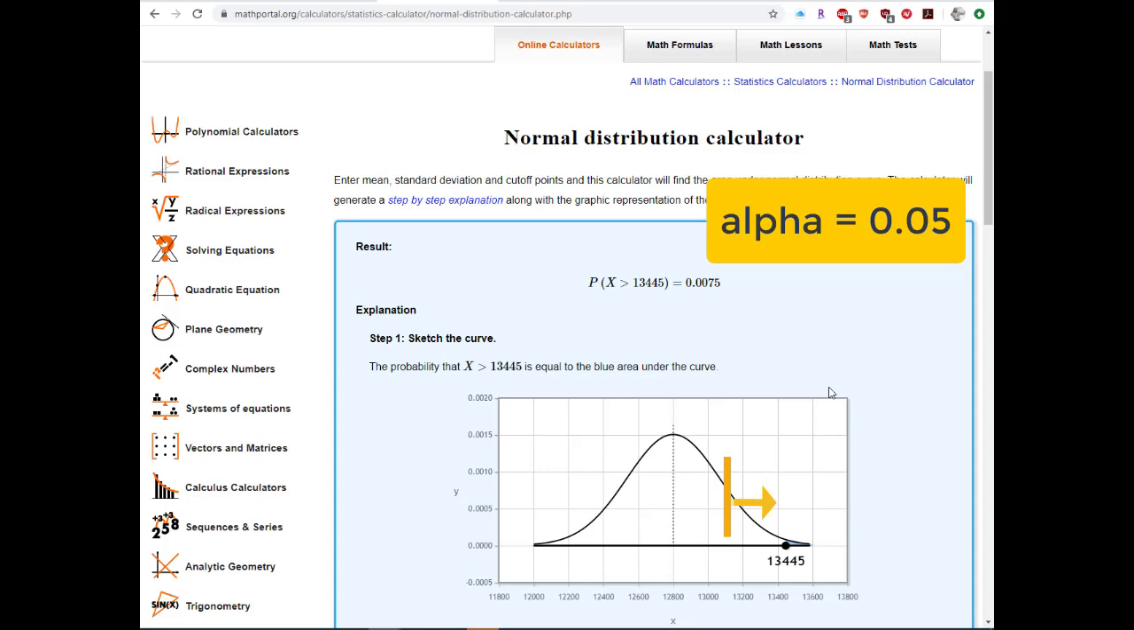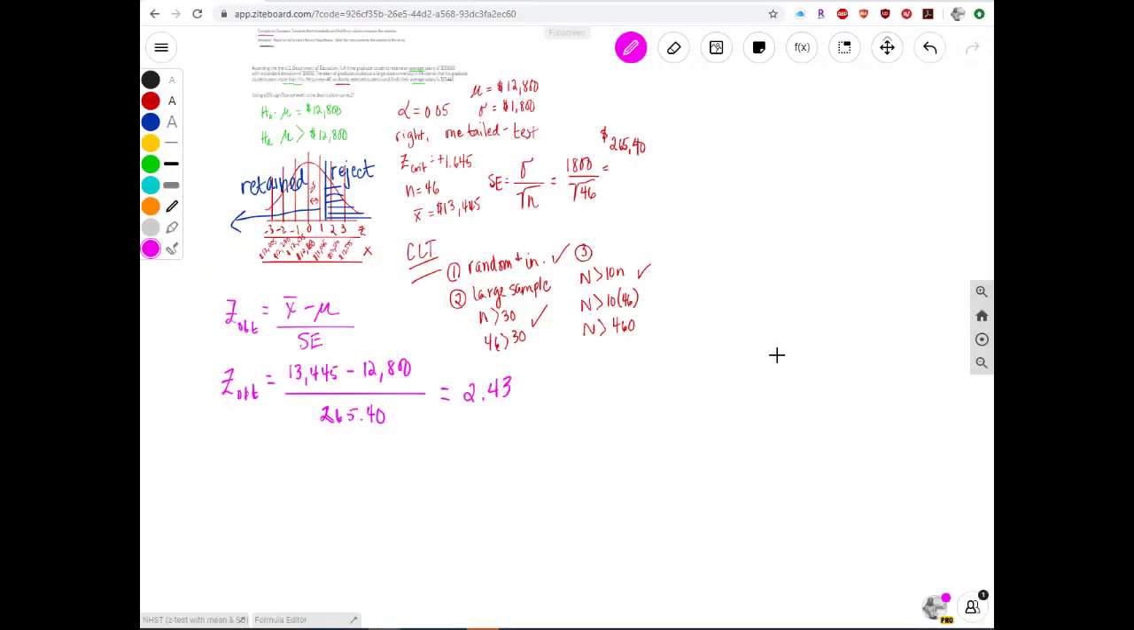So right now we have all the information we need to be able to reject the null of no difference and say that there is sufficient evidence that students in this school earn more money than the national average. So let's go ahead and put that into context now. Okay, so let me go ahead and write that into Ziteboard here. So we found out that the probability of a Z being greater than 2.43 is